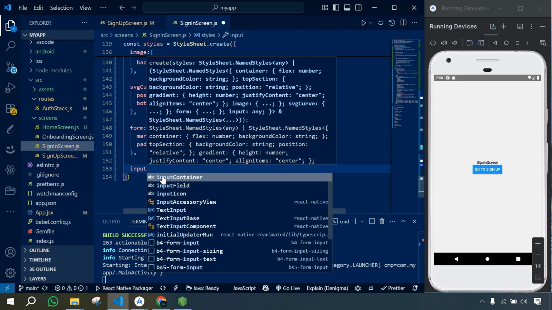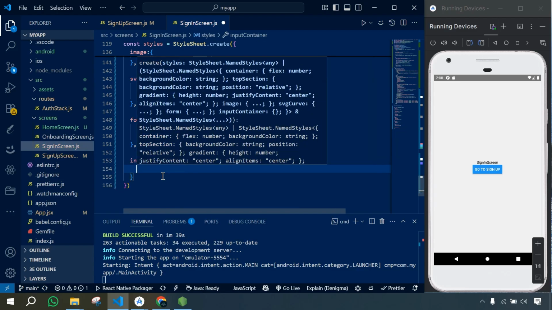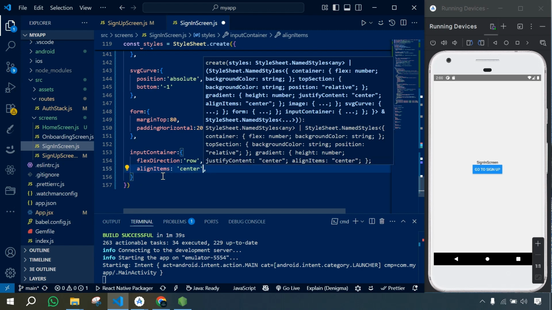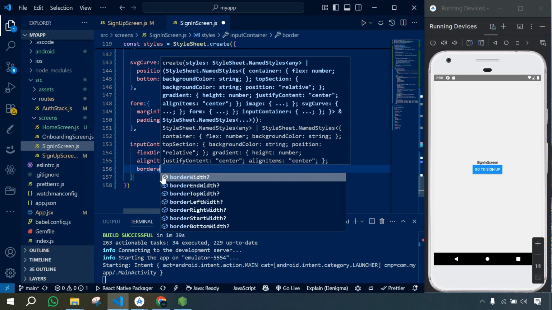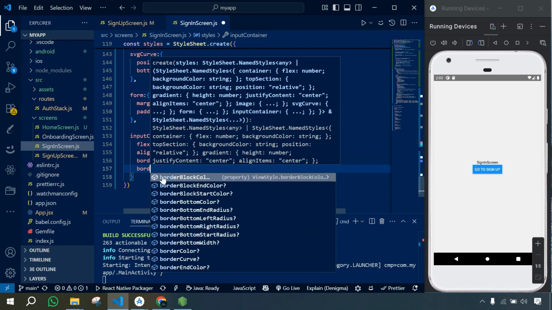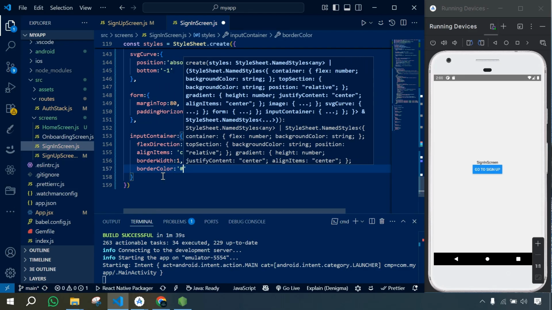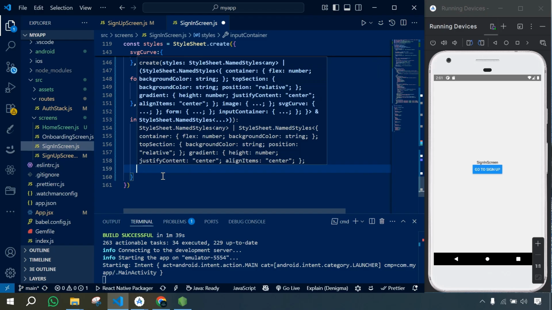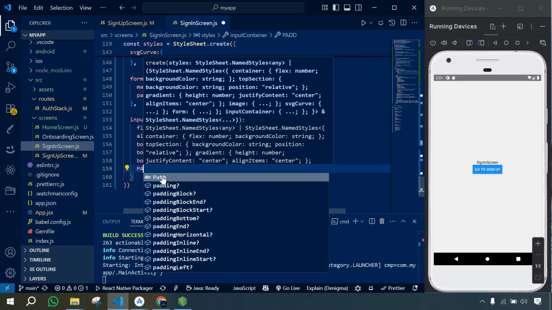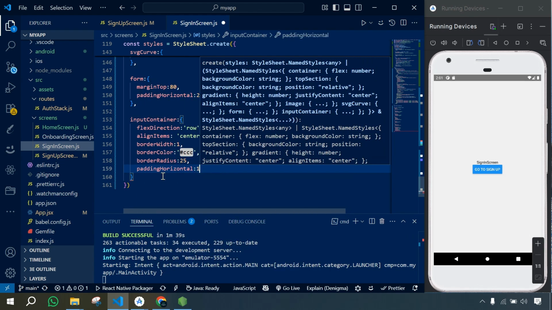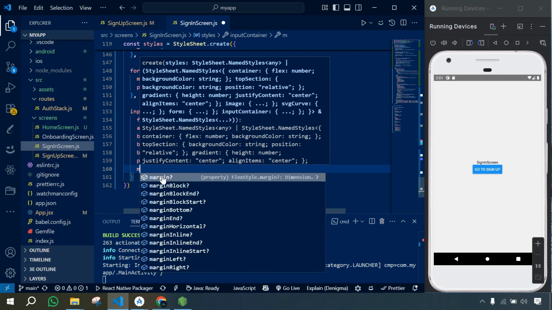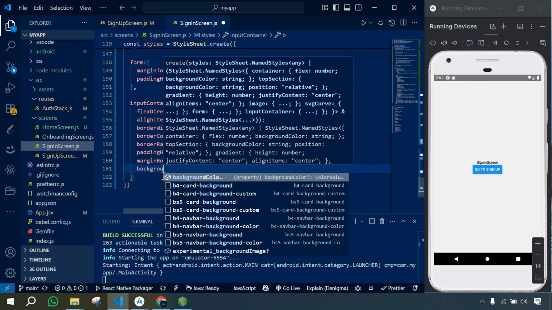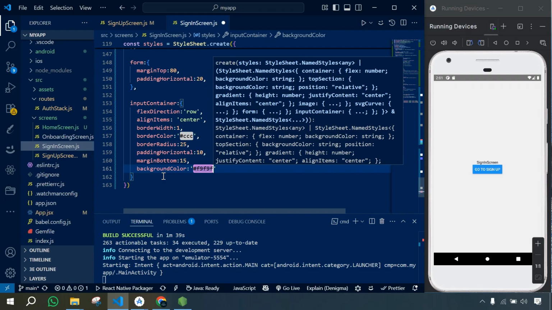after that for input container use flex direction row, and then align items center, border width will be 1, border color will be almost gray, which will be CCC, and then border radius 25, padding horizontal 10, and then margin bottom 15, and background color F9F9F9,